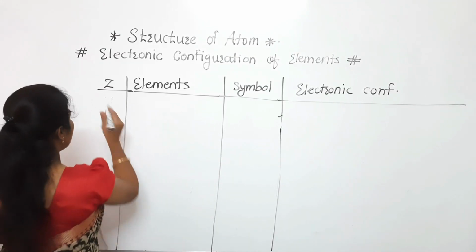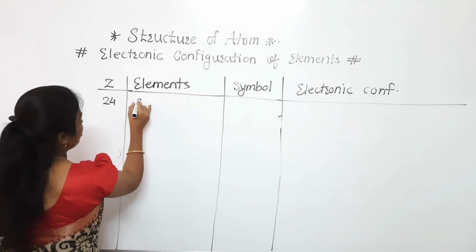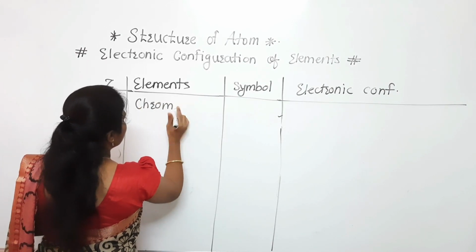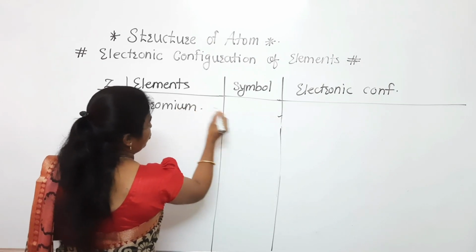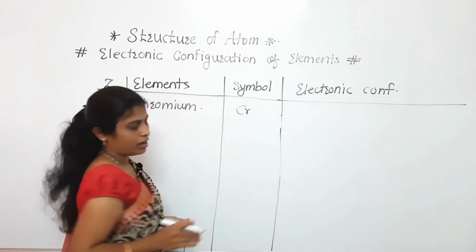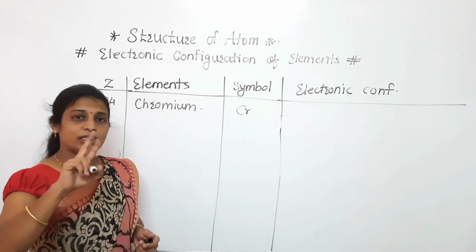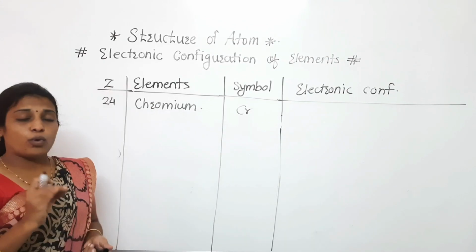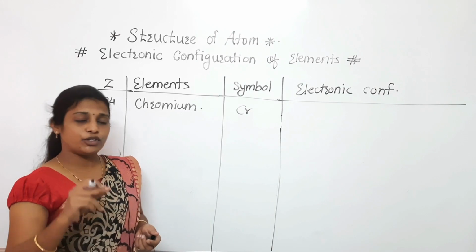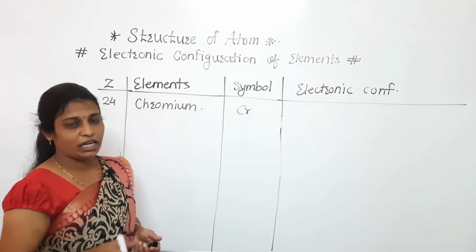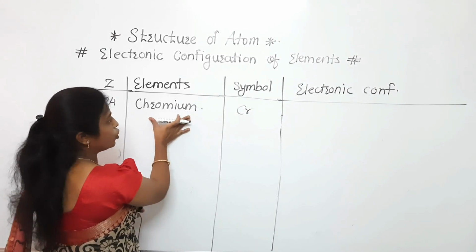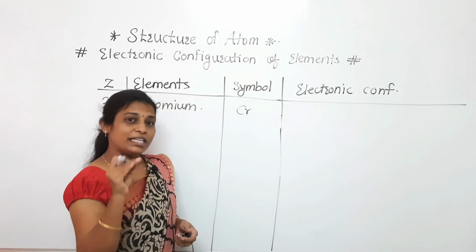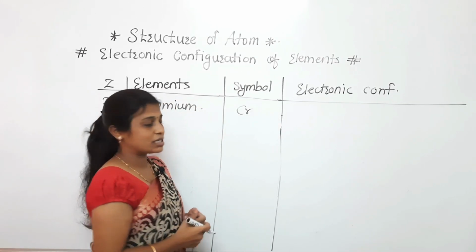Okay. 24, that is chromium. One more thing is there in the case of chromium. What is that main thing? Listen carefully. The chromium symbol is Cr. In the case of chromium, there are 2 types of electronic configurations. What is the reason behind that? For that you have to wait, because in the next lecture I will explain that concept. Now see, what the change is for chromium, I will explain here, but why that change is taking place, we will discuss later.